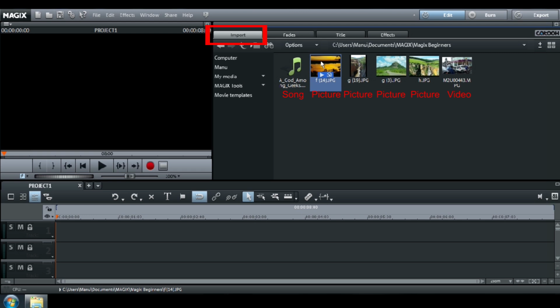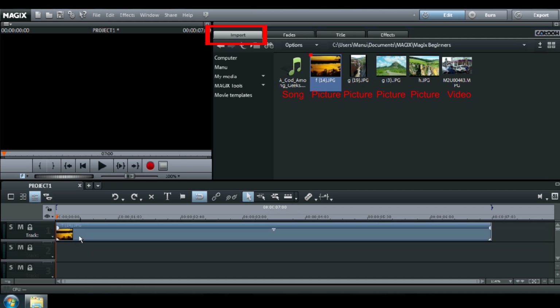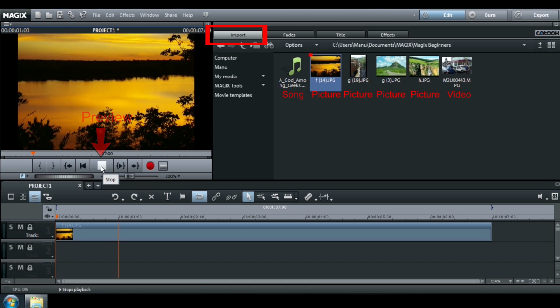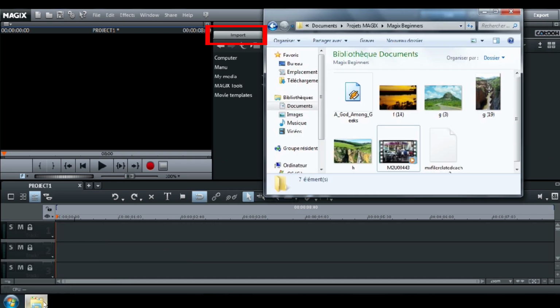To insert a picture in your new project, select the one you need and drag and drop it to the track. Click play to watch the preview. You can import a picture directly from a folder in the same way.